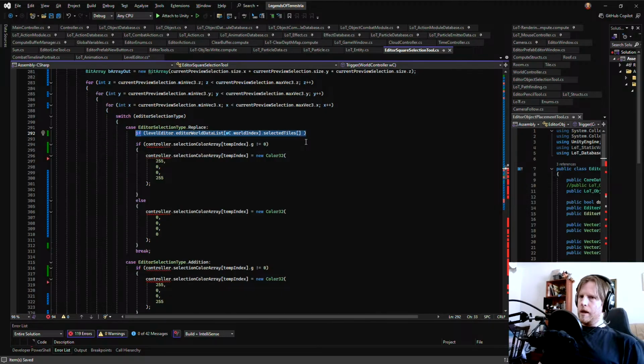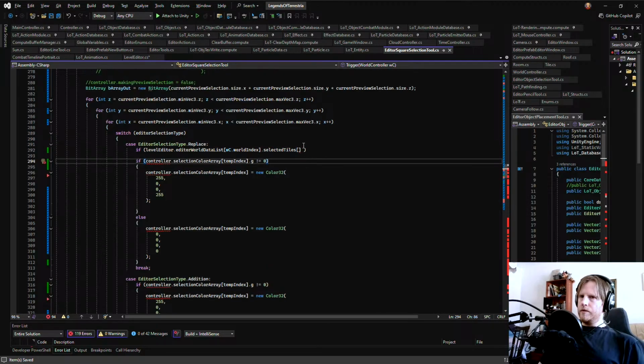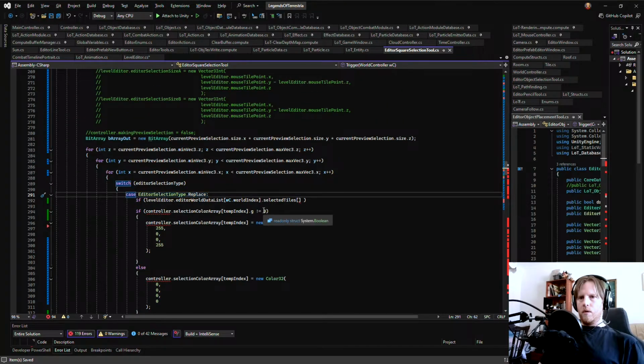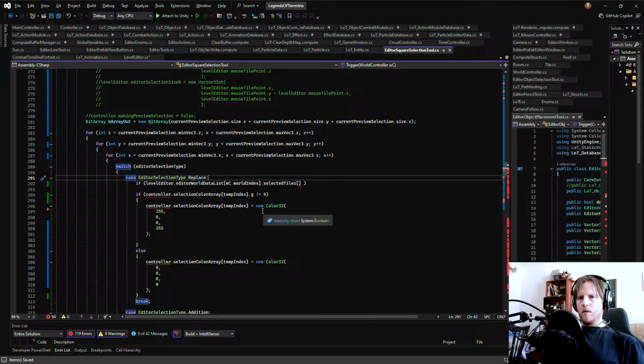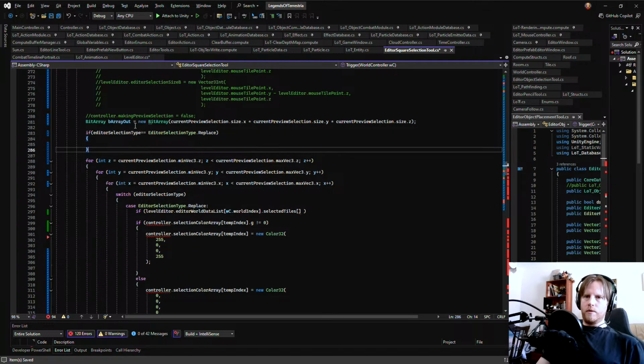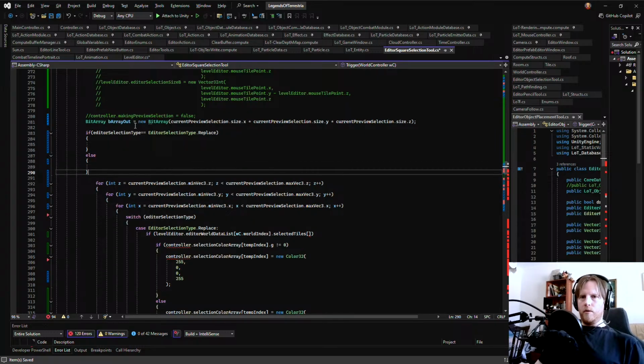This is not to be handled here. This actually doesn't need to do anything. If we're doing replace, if editor selection type equals replace, then we do this, else we do this big section here.